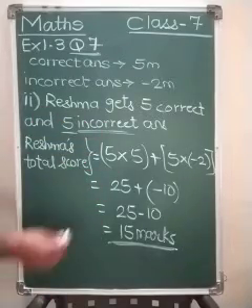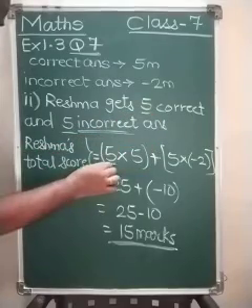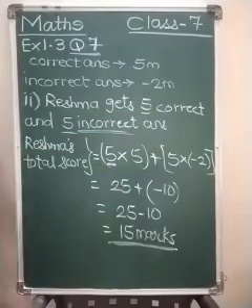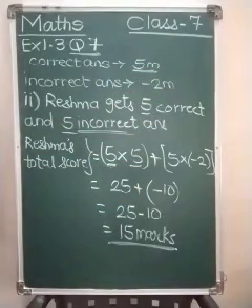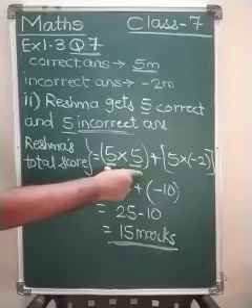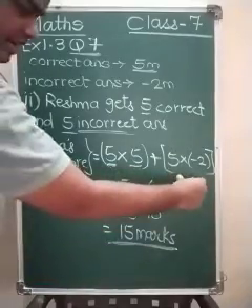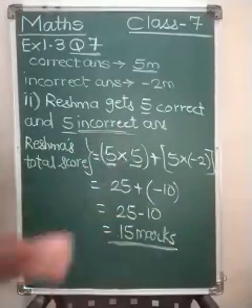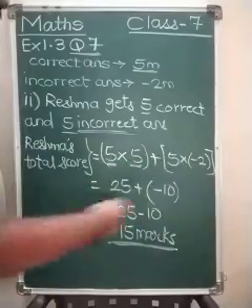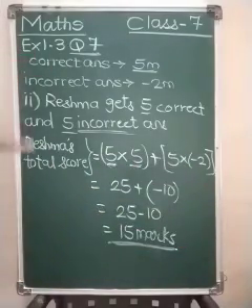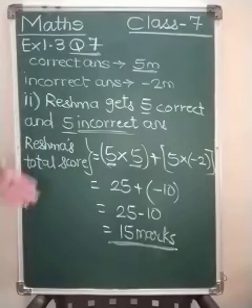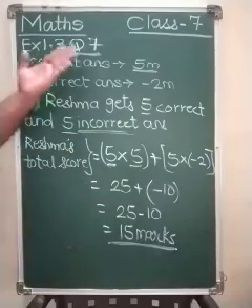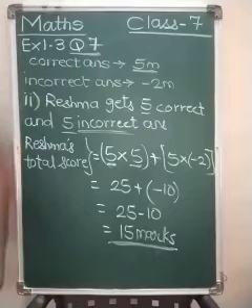Again I will explain you. See, 5 correct answers, so number of questions solved correctly is 5. How many marks are there? 5 marks, so multiplied by 5. For Mohan, we calculated this part differently and then we added up. Here in one step only we have done this. So Reshma's total score is 15 marks. So this is also one of the ways to solve. You can solve it in this way also, or the earlier way also. I hope now it is clear to you.